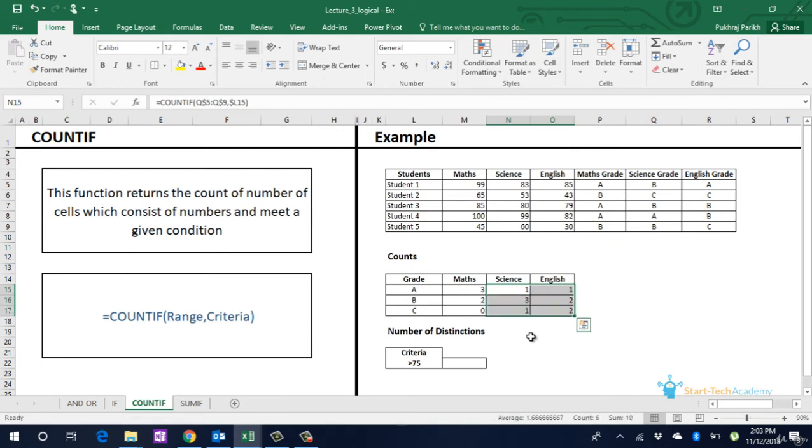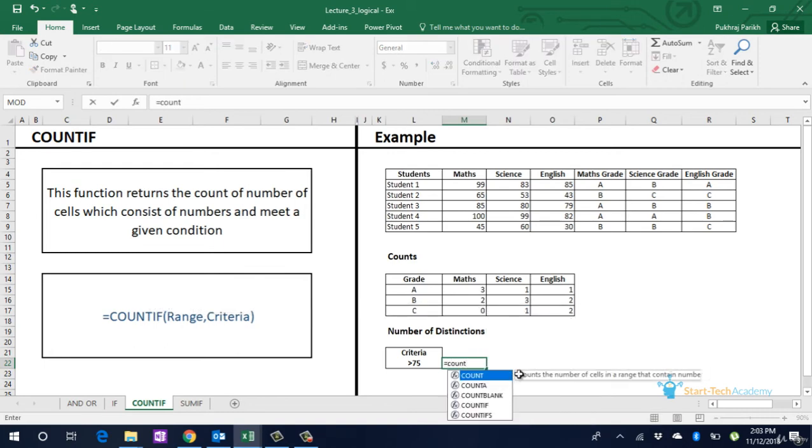If you want to have multiple checks while counting, COUNTIFS can be used. To implement COUNTIFS, we type is equal to COUNTIFS, first range, first criteria, then second range, second criteria, and so on.